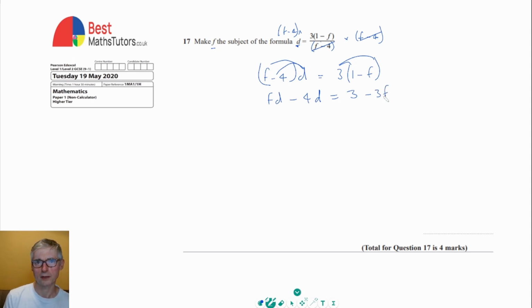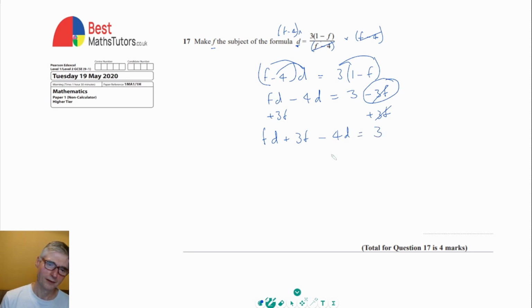Now I've done that, I can get at the f's a little bit easier, and I'm going to try and get everything that's got an f in it over to one side. So I'm going to take this minus 3f and add 3f to both sides. The 3f's cancel there because I've got negative and positive. So I've got fd plus 3f minus 4d